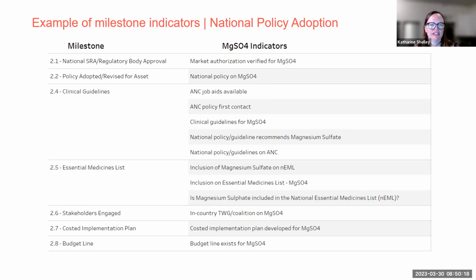When we get to clinical guidelines, you can see there are 5 or 6 indicators here that help define that. That's because there was a very extensive mapping to figure out what are the different pieces of data in a country that we can use to define this. For many of these milestones, there are several types of indicators. I'll talk about data sources in a moment, but they could be coming from policies and guidelines or national surveys or other resources. So we tried to be broad in this and pull in multiple indicators if they were relevant.